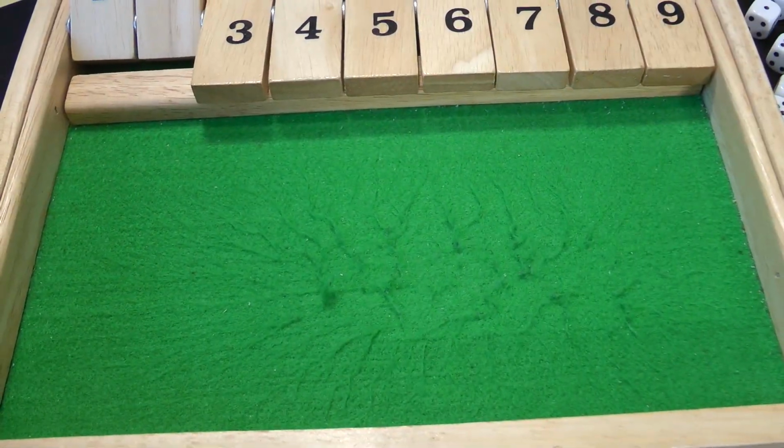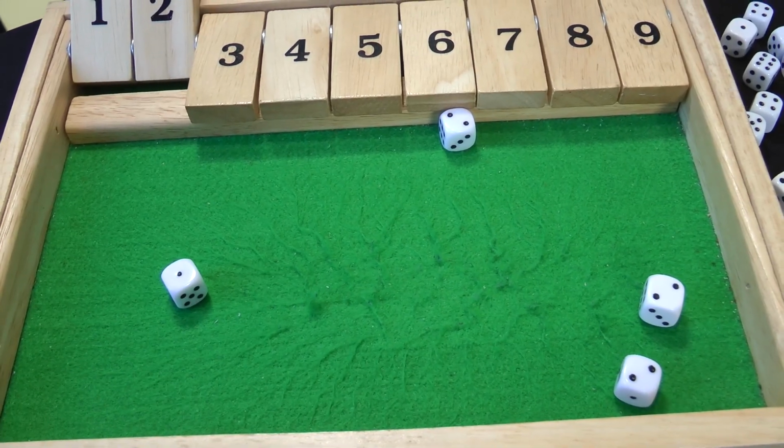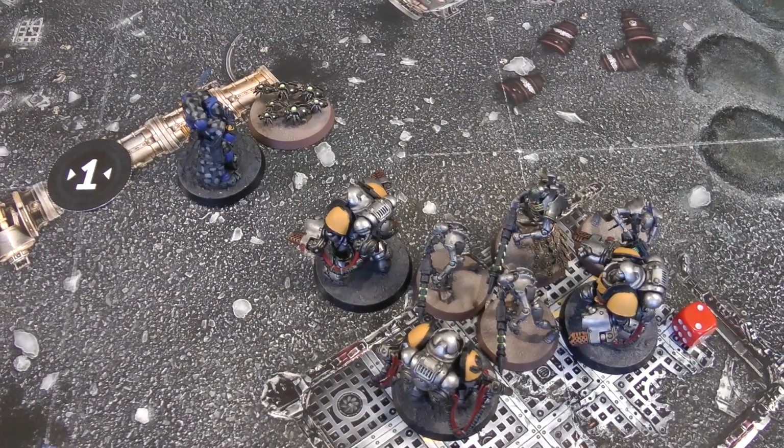Then the remaining Scarab base on Librarian, which has 4 attacks. Hitting on 4s, 6s automatically wound. Oh, no hits at all. So that's what it looks like at the end of the combat